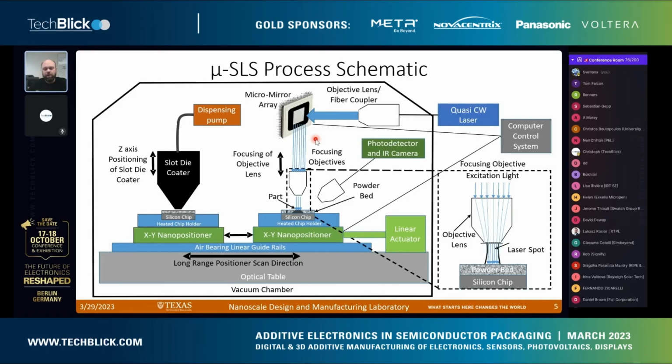Within a 1 by 2 millimeter area, we'll have 2 million pixels, each about a micron in size. And so we can bring our throughput back up to what we need for semiconductor manufacturing. We put our laser image onto our surface. We have a nano positioning stage there, so we can step around and build a larger structure. Then we can go back to our coating system, lay down the next layer of nanoparticles, dry it out, sinter our particles together, and